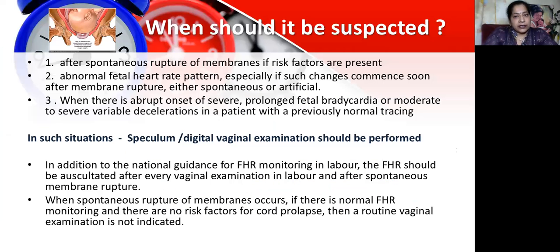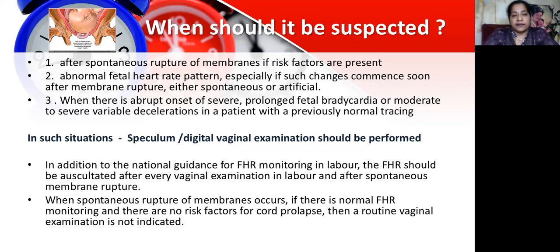Now, anticipation is different, and suspicion, or when to suspect, is different. When it has occurred, when there's some abnormality, then you suspect cord prolapse. Like after spontaneous rupture of membranes, if risk factors are present,